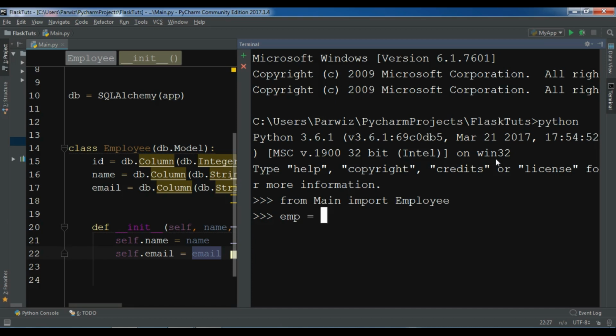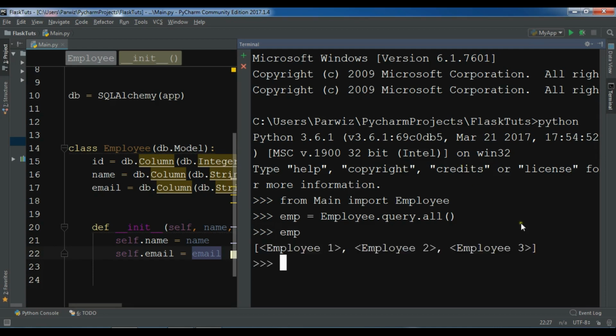and you can give it employee.query.all, and now you can print emp. Now you can see I have 3 objects in here, so employee 1, employee 2, and employee 3. So I have 3 employees in my database. Now if you want to see the data, let me create a for loop. Let me call it for employee in emp,